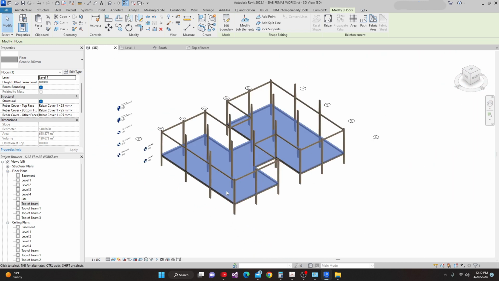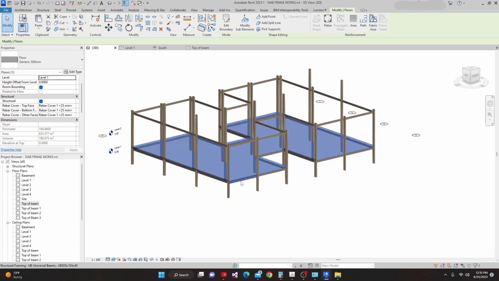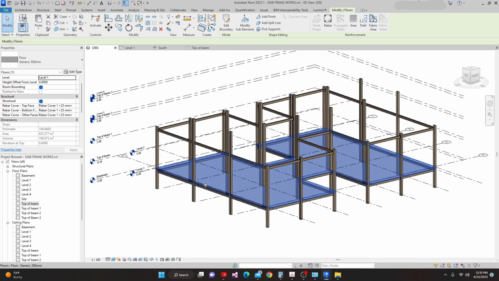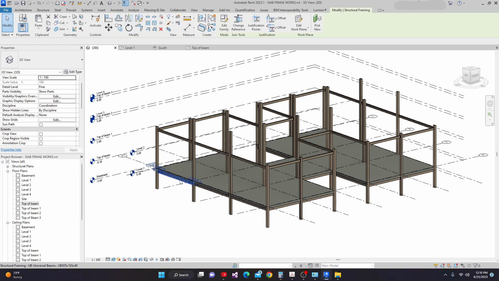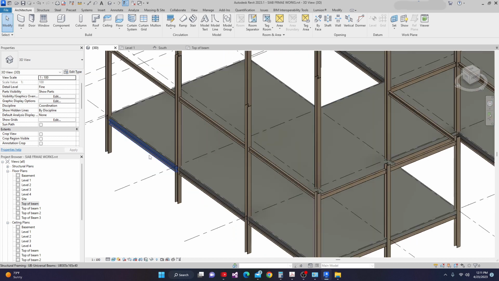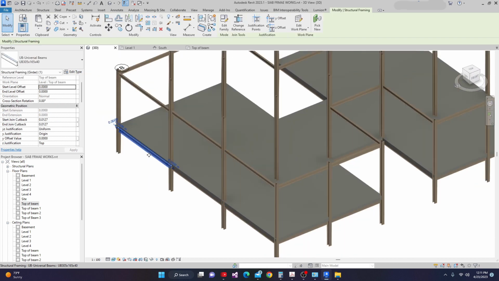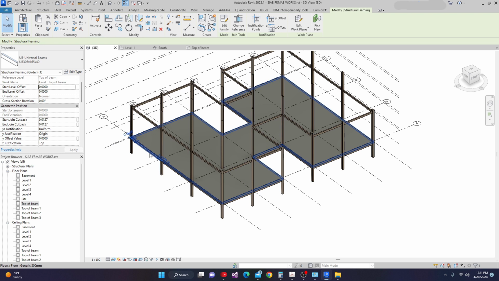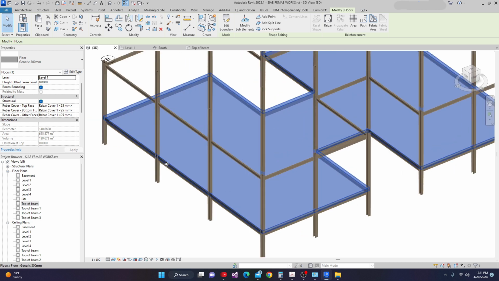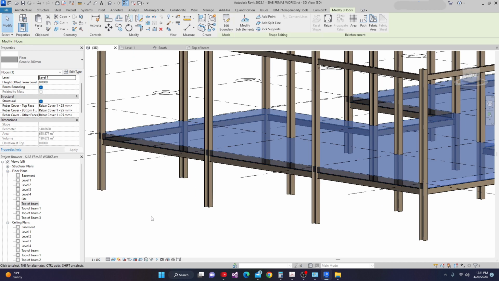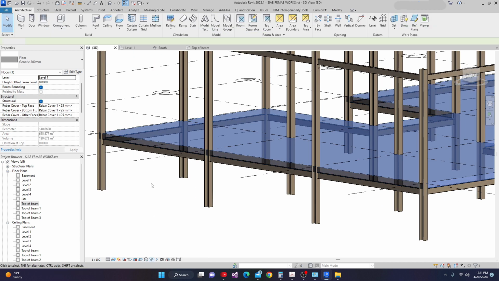Now next that we're going to do, we missed this one slab, one beam, and then I have selected this one beam, just need to hide this element and